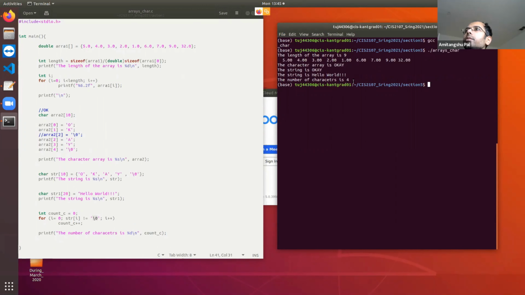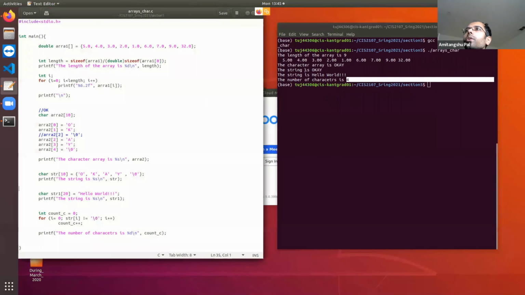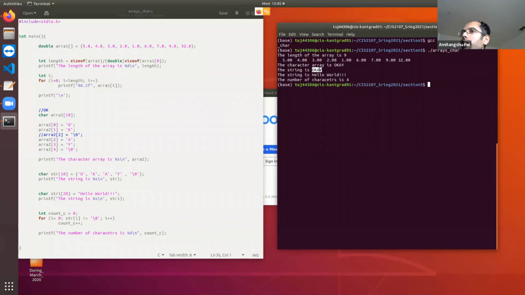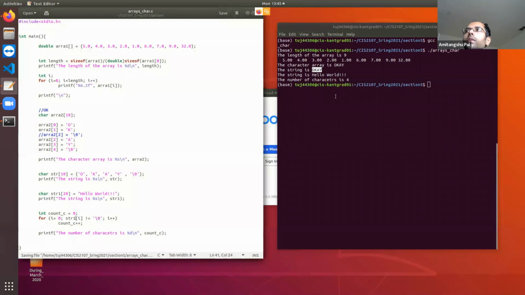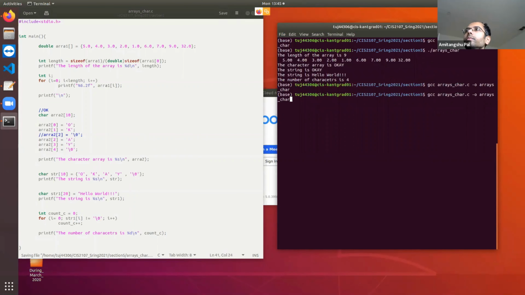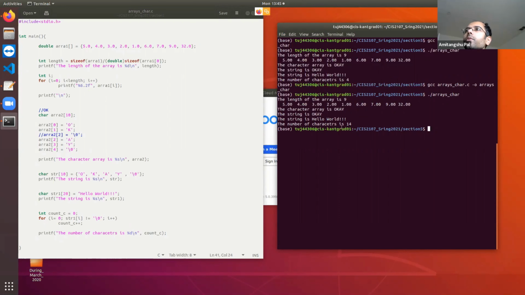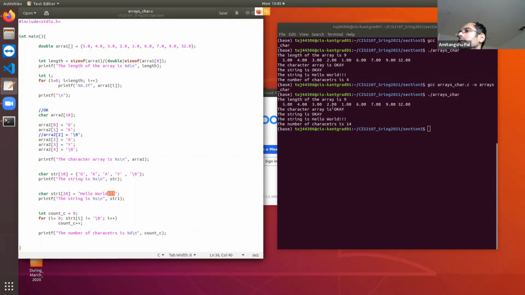So the number of characters is 4 because in this string you have 4 characters. For string 1, let's type string 1. So here the number of characters is 14. So hello world, this is 5, this is 5, 5, 5, 10. This 3 plus 1, 4, 14.